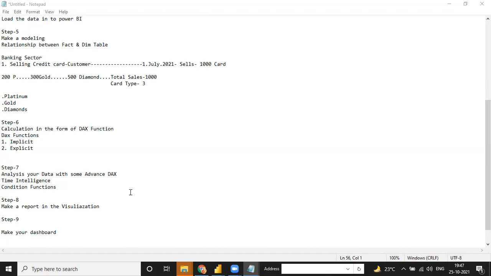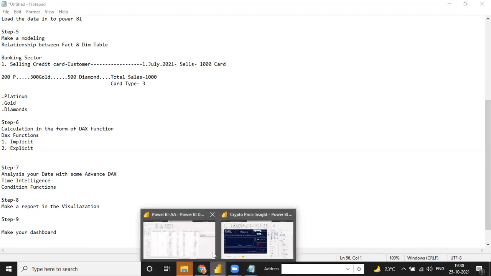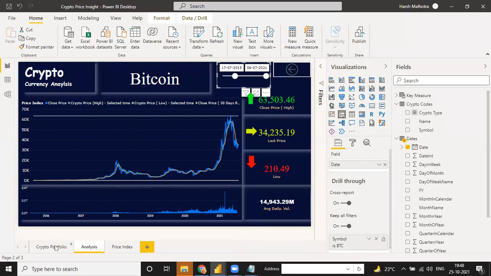The report is which we create in our Power BI, and the dashboard is the full, when we have completed all the dashboard together. See, report is just a visualization which we create in Power BI desktop. But dashboard is reports which we publish into Power BI service after making the reports.